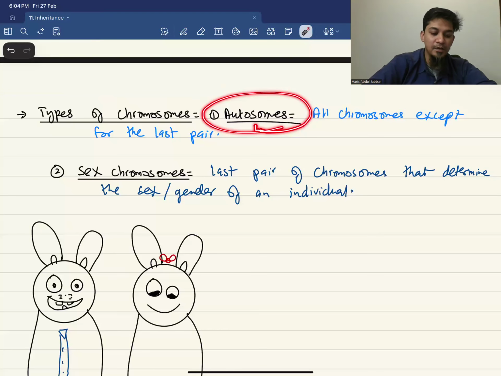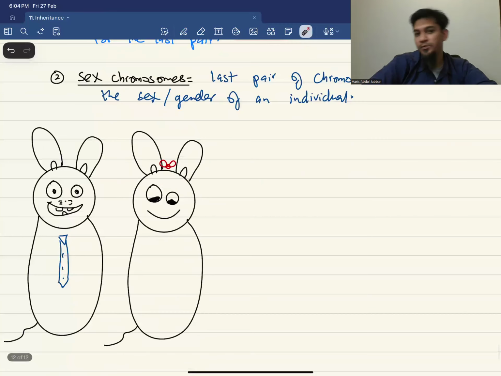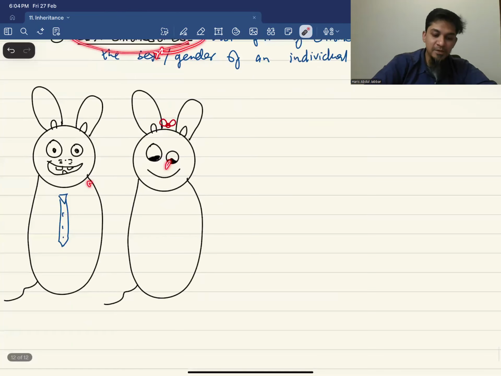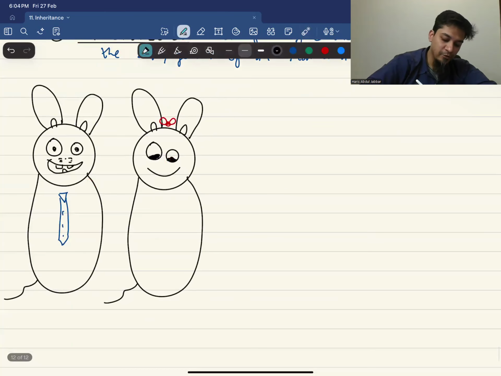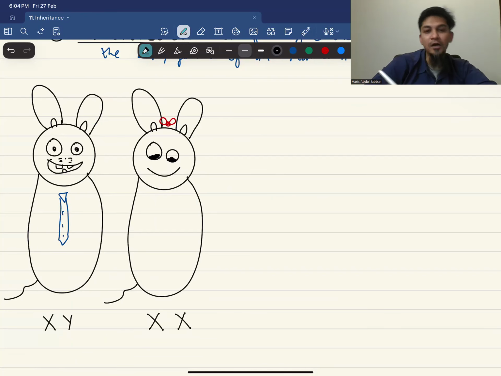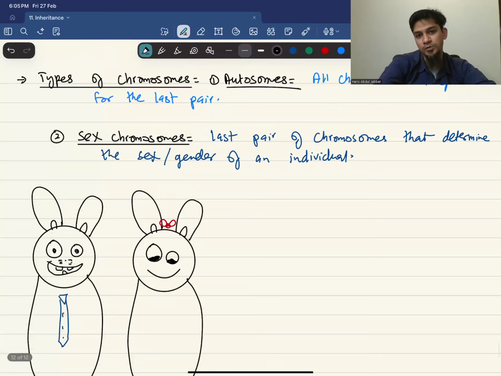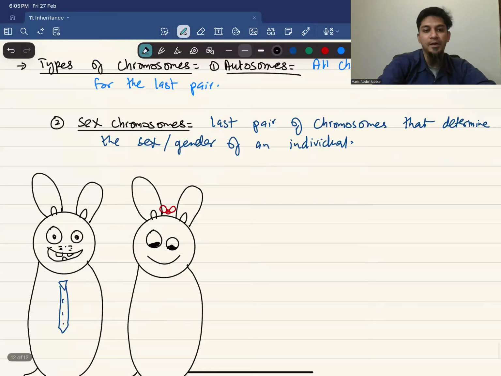But since the last pair of chromosomes are different based on their sexes, Mr. Whiskers, as his last pair of chromosomes, is going to have one X and one Y chromosome, while Mrs. Whiskers, as her last pair of chromosomes, is going to have a pair of X's. Okay? This is what we call the sex chromosomes. ठीक है? अब हमारे पास